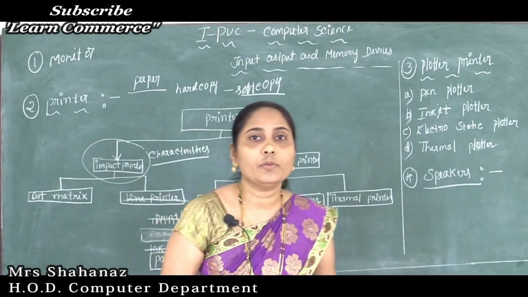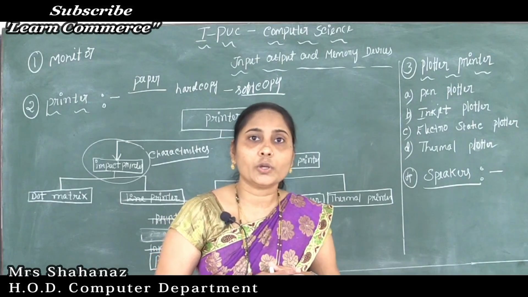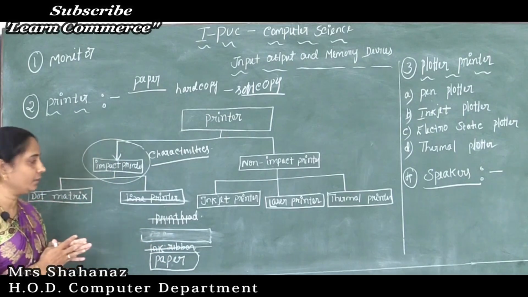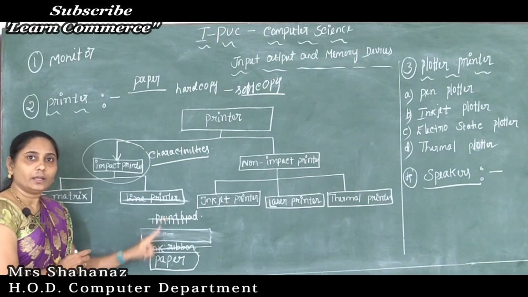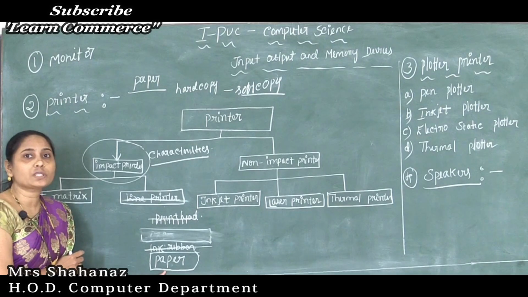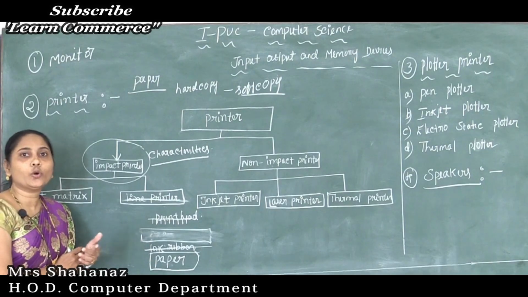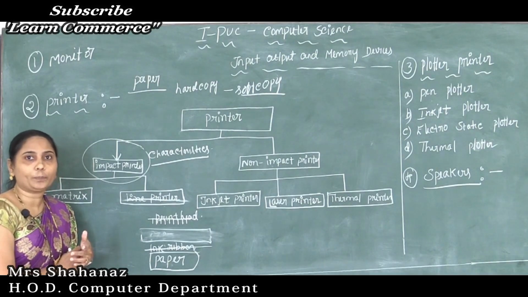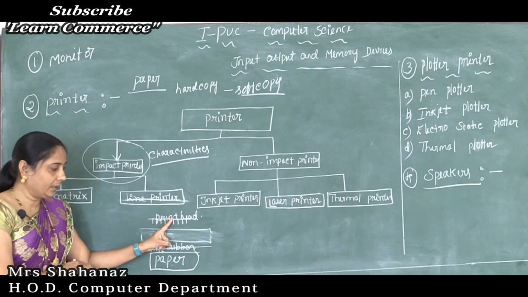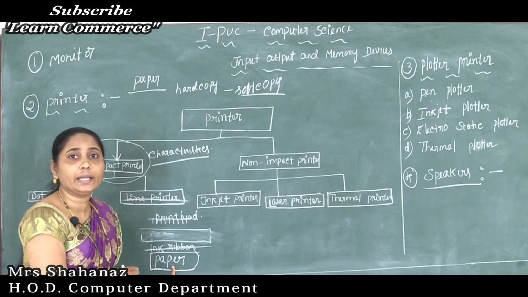So in this case, we can say that we already know what are the components we need. So in impact printer, there is physical contact between the print head, ink ribbon and the paper. And why we need to produce an image, correct? Maybe if any one component is missing, no information is going to be produced on paper. So there is physical contact between print head, ink ribbon and the paper to produce an image.